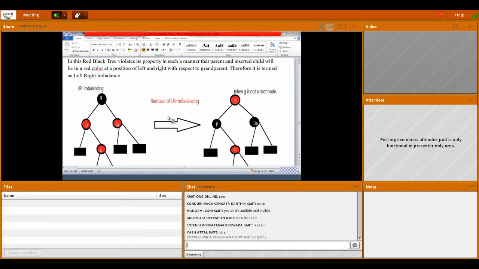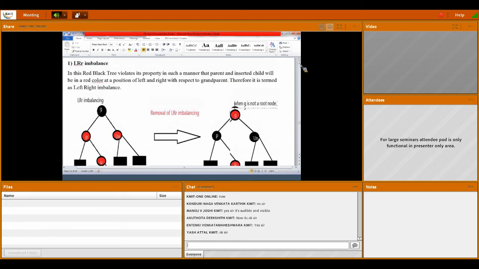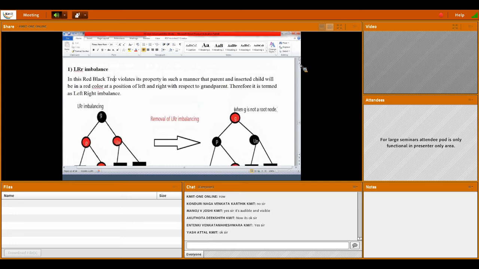Okay. So we will see the first. I will explain. We'll start from the beginning only. There are 4 varieties. For example, you inserted an element or node, and after that we will check whether it is satisfying or not.